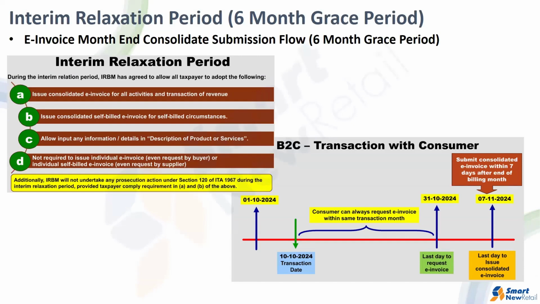Right. So this is the interim relaxation period, 6-month grace period. So during the interim relaxation period, IRBM has agreed to allow all taxpayers to adopt the following. They can issue consolidated e-invoice for all activities and transaction of revenue. They can also issue consolidated self-bill invoice for self-bill circumstances. Allow input any information or details in description of product or services. And they are not required to issue individual e-invoice, even request by buyer, or individual self-bill e-invoice, even request by